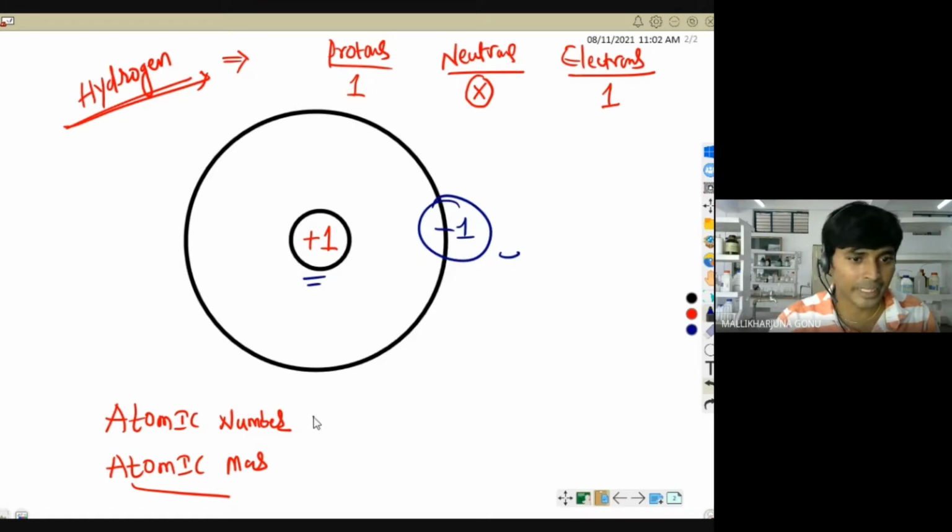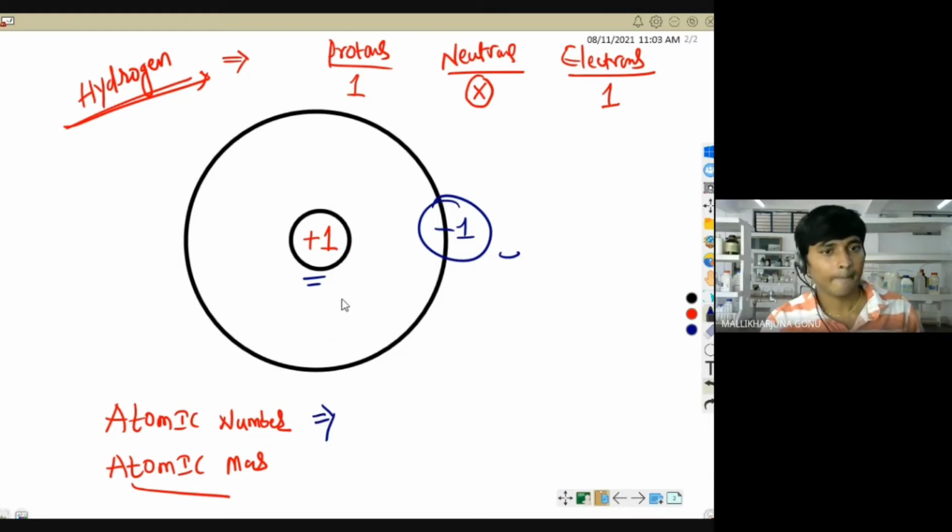What is atomic number basically? All of you know that is the 1. Okay, I will not ask that one. That is 1, because it is the number of protons. Atomic number is nothing but the number of protons. If anything is having 10 protons, that we call the 10th atomic number, which is neon. Calcium is 20, so that means it is having 20 protons. So basically, what is atomic number? That is the number of protons.